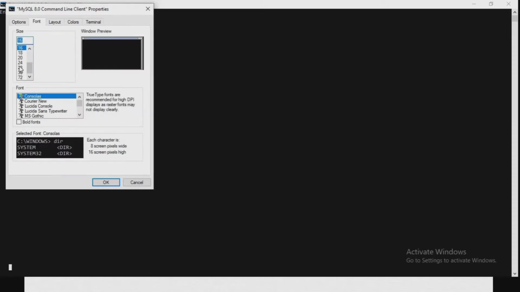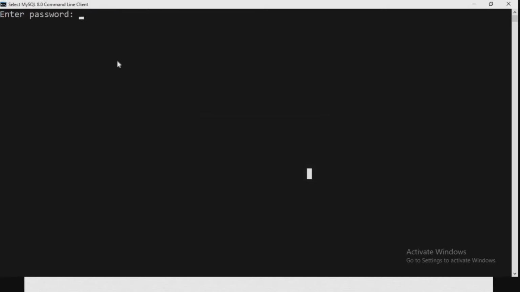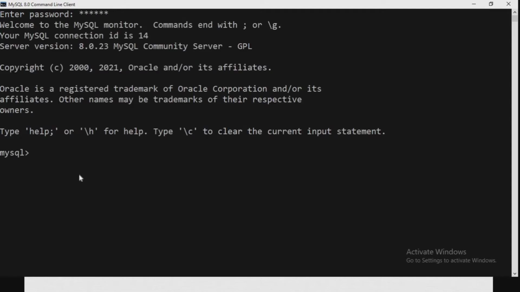We'll change the font size so that it will be visible to you. In MySQL, we have to enter our password. We can see all databases that are present inside MySQL by executing the show databases query.